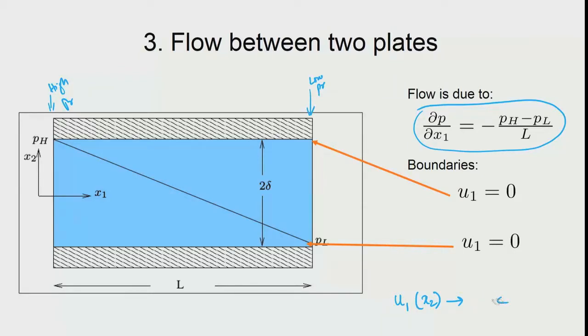Okay. So, the boundary conditions are given as follows. The velocity at the top wall and the bottom wall are both 0 because both are stationary walls, and from the no slip condition you have that 0. Now, we need to choose how to place our axes. The coordinate axes are placed in the center, so that plus delta and minus delta become the two walls. This is at plus delta, and this will be at minus delta. There is a certain symmetry in this problem. We want to exploit that by choosing the distances appropriately. It is not important when you plot it, but while deriving, such simplifications make the algebra a little easier.